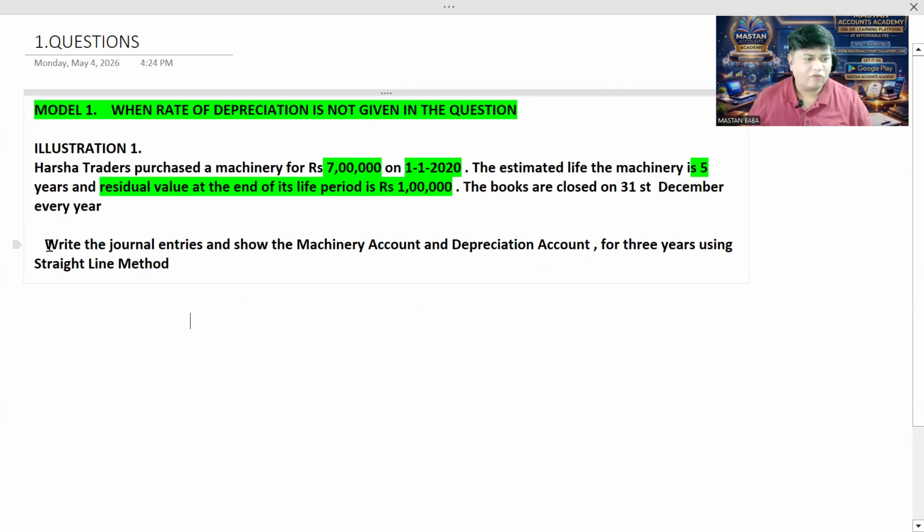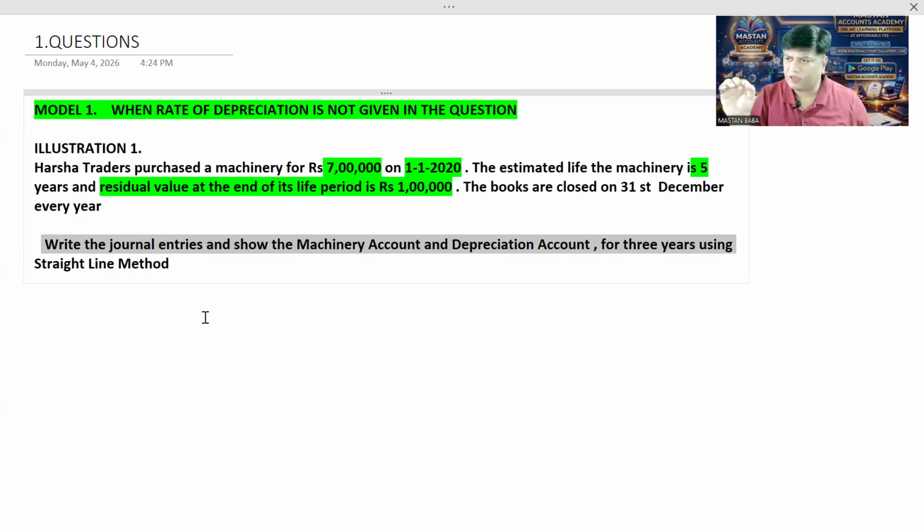What they are asking in the question: write journal entries, show the machinery account and depreciation account for 3 years. So they are asking for 3 years, no? Journal entries, machinery account and depreciation account. So from the examination point of view, in 70 to 80% of cases, they will ask for the ledger accounts, machinery